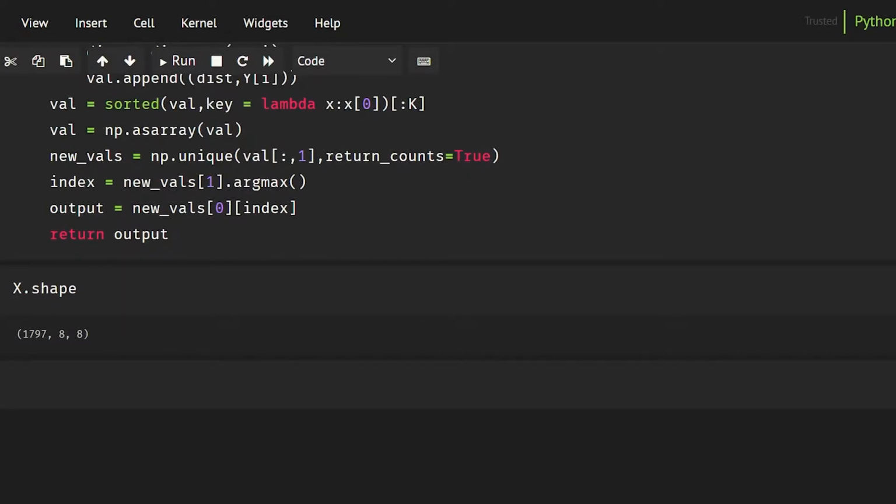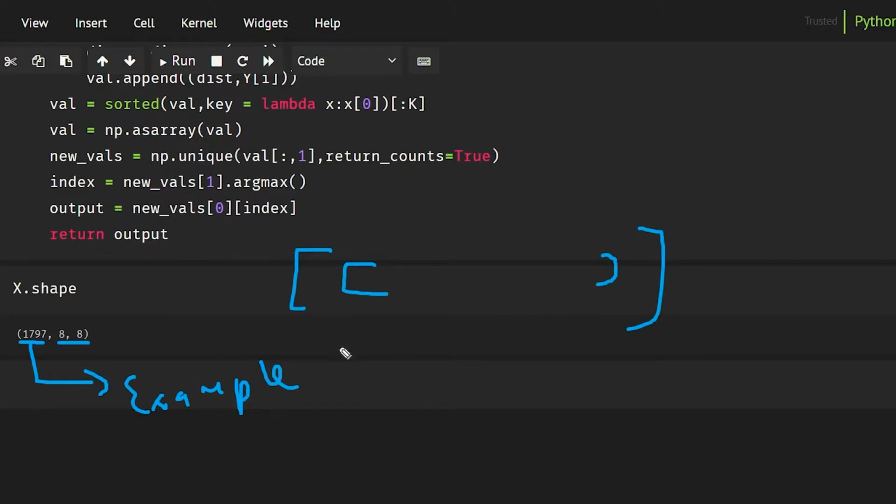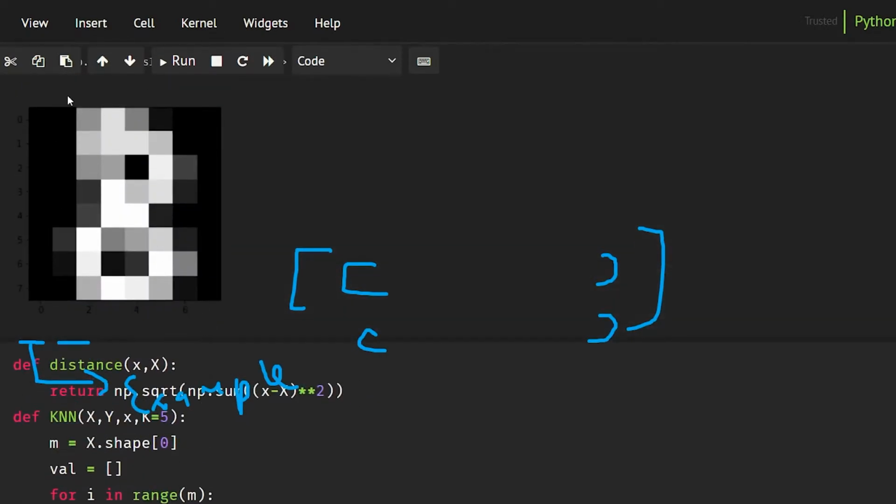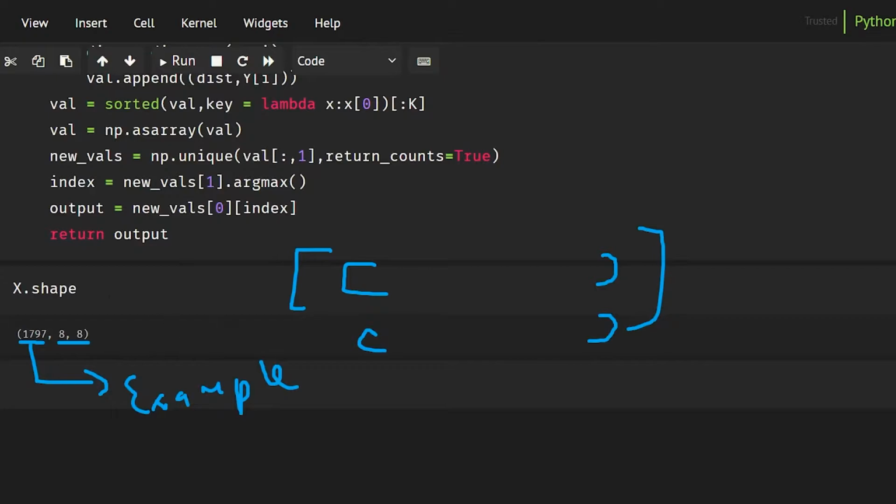Now if you see x.shape, we basically have 1797 examples. These are the number of examples, and then we have a 2D image of 8 by 8. It has things like this. So I hope it is clear to you how it is a 2D image and it is 8 by 8 basically. As we discussed in the last video, our algorithm can have x0, x1, x2, x3